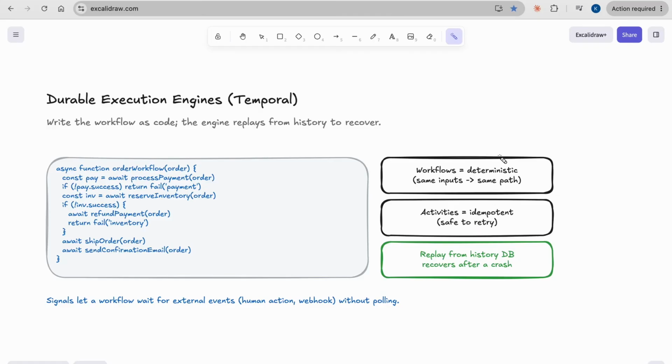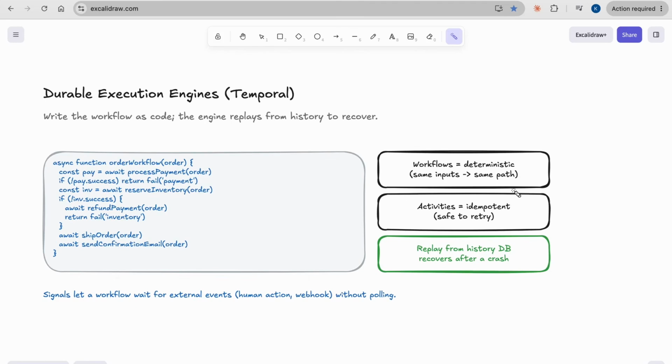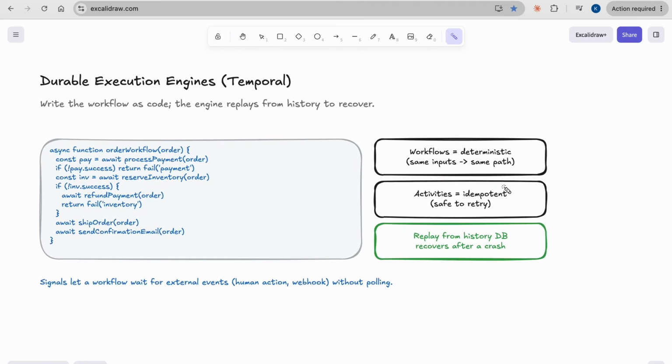One thing we need to understand is a few principles. A workflow must always be deterministic: given the same inputs, it takes the same path and always makes the same decisions. Activities need to be idempotent. For example, with a DB write, no matter how many times we do it, it gives us the same result.